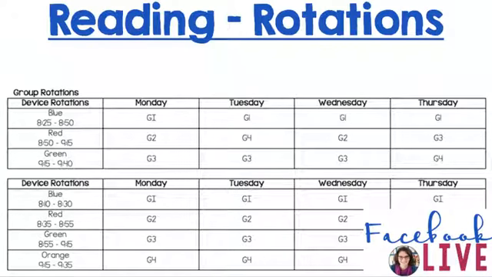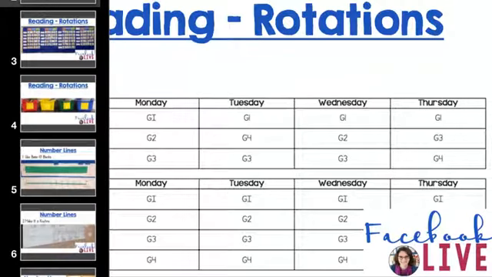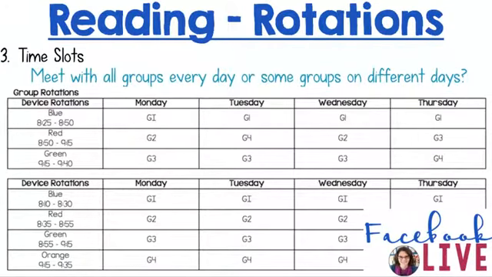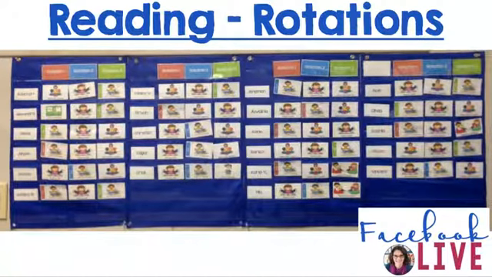The color coding on here I can explain on the next screen, but you'll see the rotations are labeled with colors, not the groups, but the rotations. So in this first set, there's a blue rotation, a red rotation, and a green rotation. And then I added the orange one down at the bottom. And the reason for that is because we have different devices like computers or iPads that students can use, and so I didn't want every single student at a computer